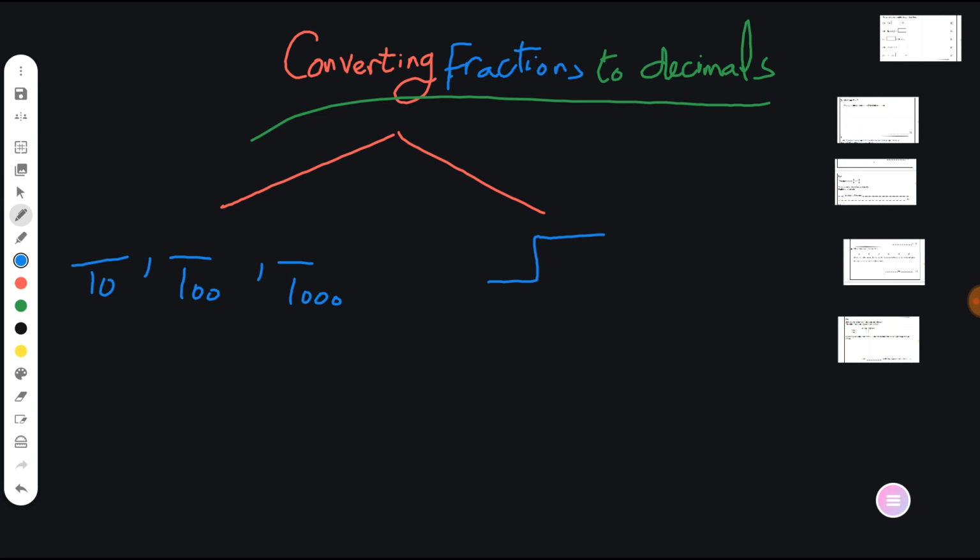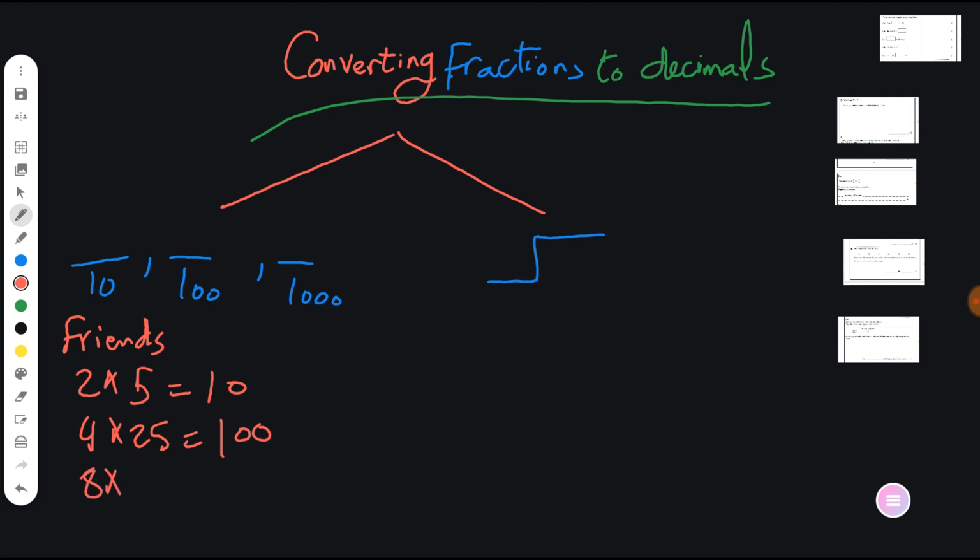To make the denominator 10 or 100 or 1000, you must have one of the friends down to convert it to zero numbers. The friends are 2 multiply 5 because it gives us 10. 4 multiply 25 gives 100. 8 multiply 125 gives you 1000. We call these numbers